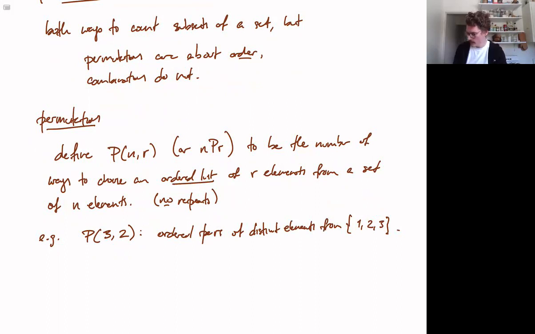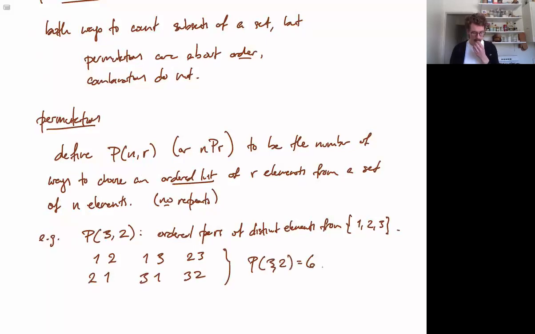So let's just count those. So you can have 1, 2, or 2, 1. You can have 1, 3, or 3, 1. You can have 2, 3, or 3, 2. And this is all the possibilities. So P(3, 2) equals 6. There are 6 possibilities. So in general,